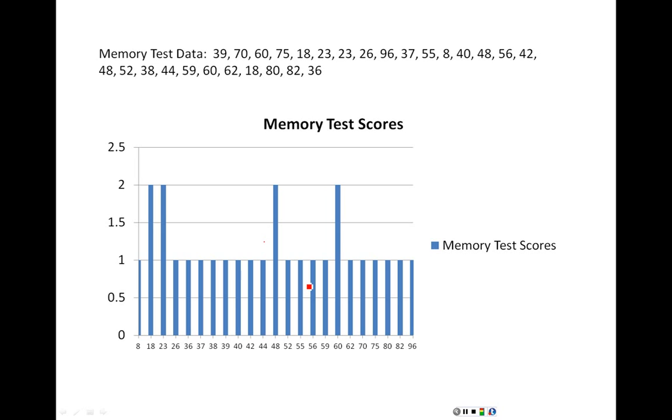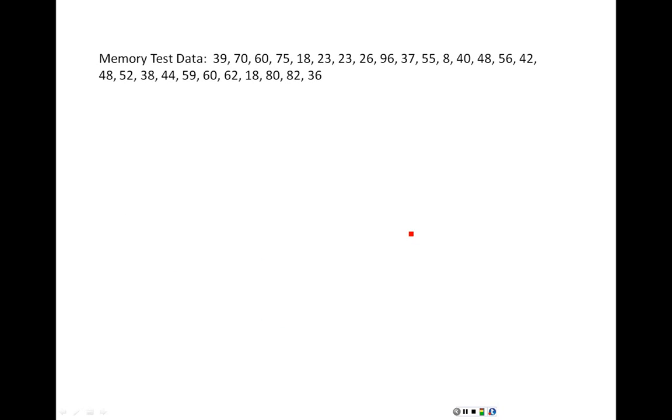So let's go back and let's try, instead of having so many bars, where we have each number value representing one bar, let's try to make what we call grouped data. Here's my data test scores again. One way that we can group data together is to create some sort of a tally chart, separating our values into different categories. Before I make my tally chart, the first thing that I like to do is look up